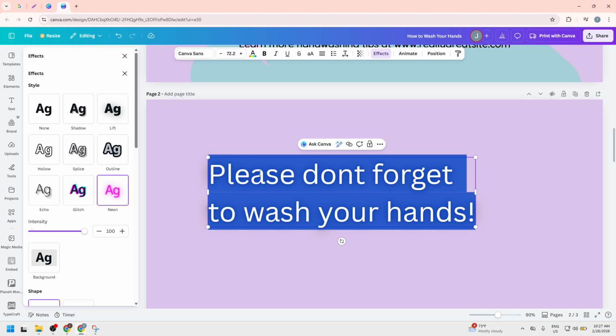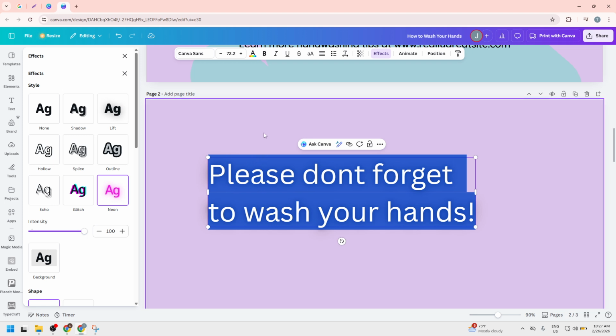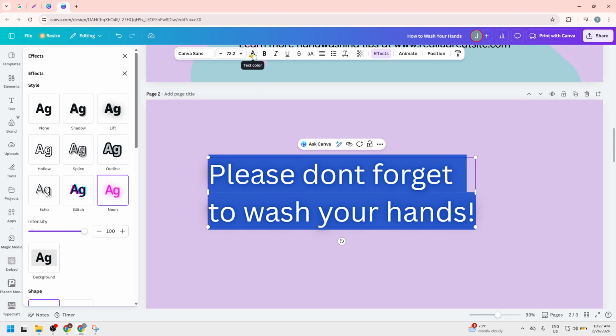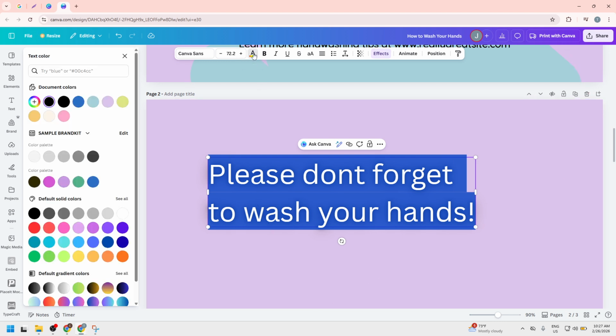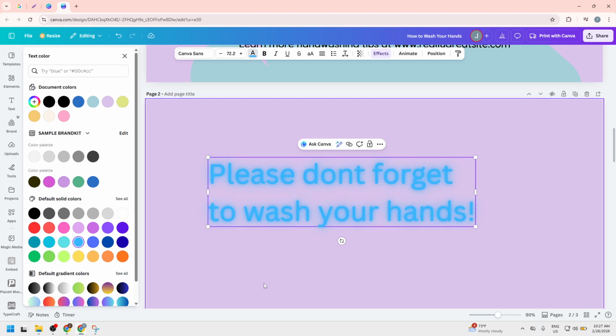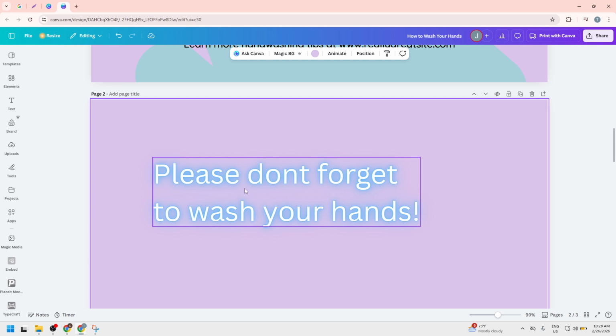Next, choose a color that sells the neon illusion. Click the text color icon, the A in the top toolbar, and pick a bright, saturated hue. Pinks, cyans, and lime greens look authentically electric. If you're working over a dark background, these colors will pop dramatically. On a lighter background, try deepening the text color or slightly increasing intensity to maintain contrast without washing out the